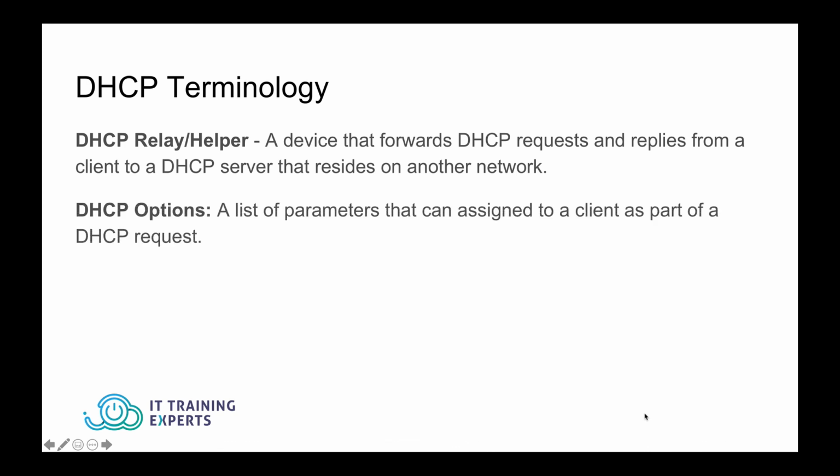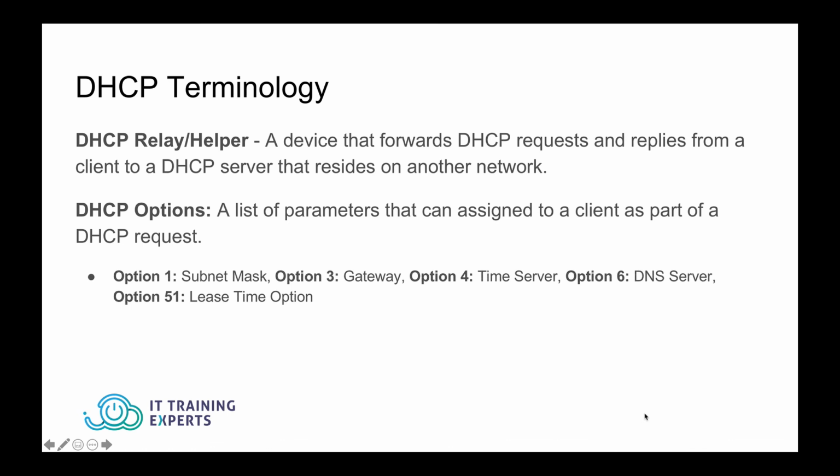DHCP options. What are DHCP options? DHCP options are a list of parameters that are assigned to a client as part of a request. So DHCP options is not really a good word. A lot of times they're required, but options allow you to add additional information other than just an IP address. So here are some examples of some that are very common, that are really more requirements than